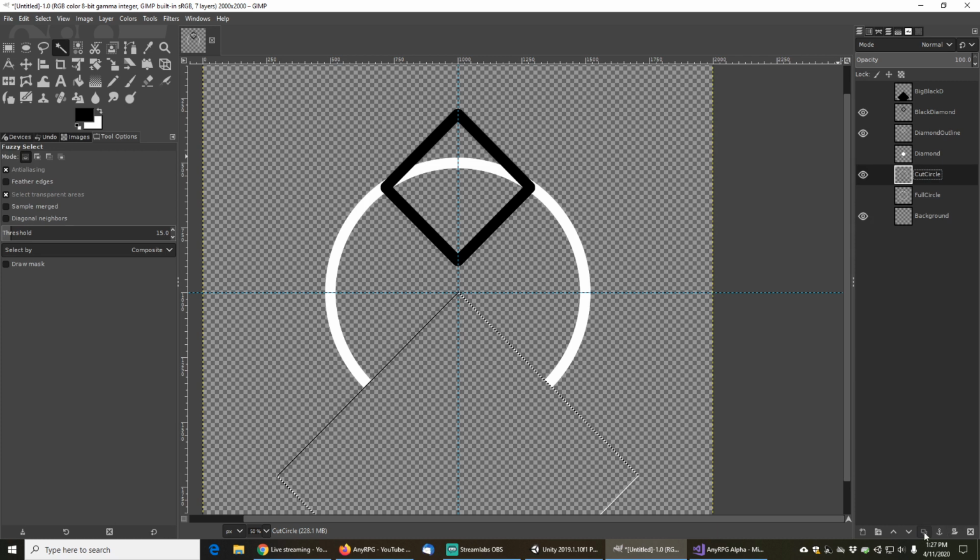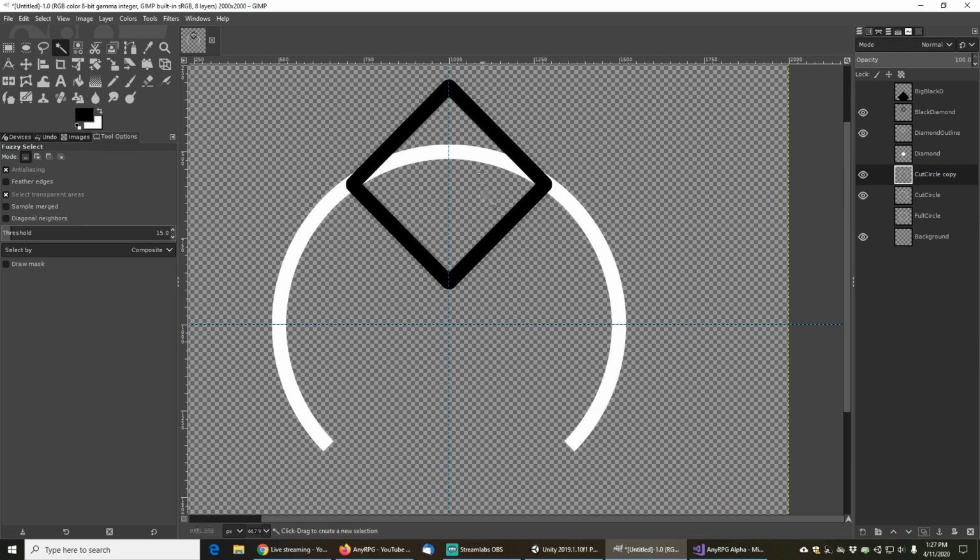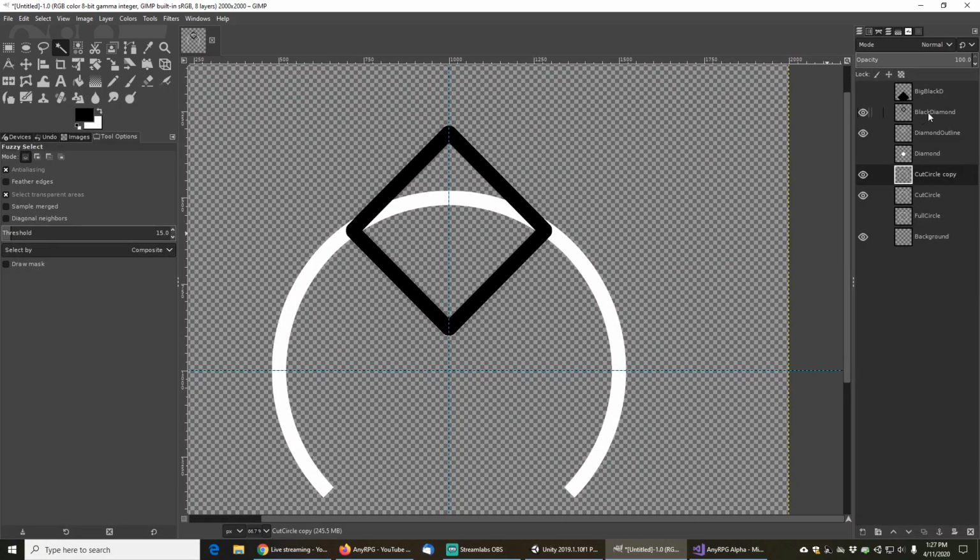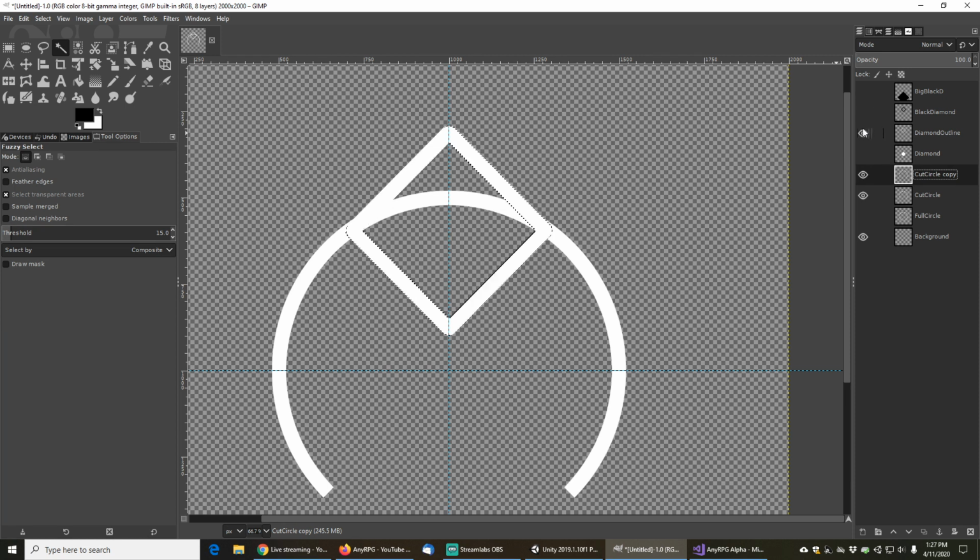I want to duplicate. First, actually, we're going to go select none. Then I'm going to duplicate the cut circle layer here. And then I want to go to the black diamond, select it,